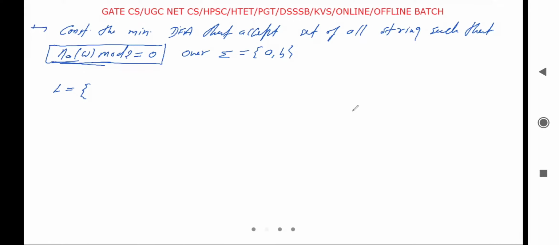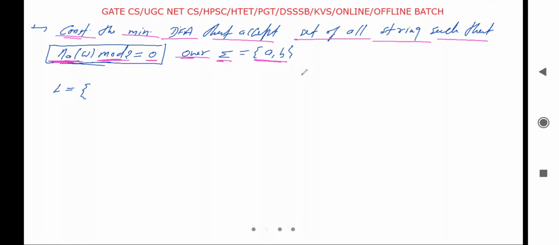Okay, let me explain. Here it is given that construct the minimal DFA that accepts the set of all strings such that number of a in w mod 2 equal to 0 over the alphabet a comma b.